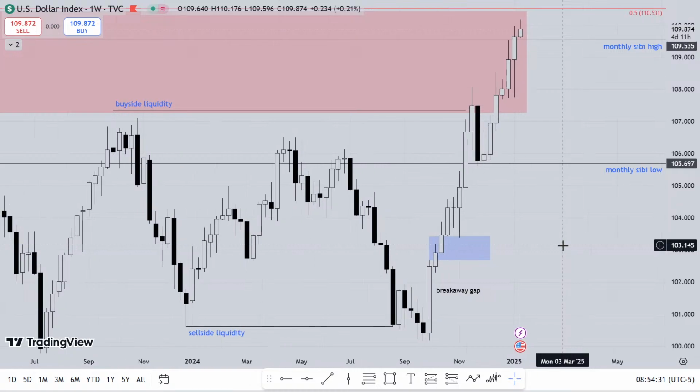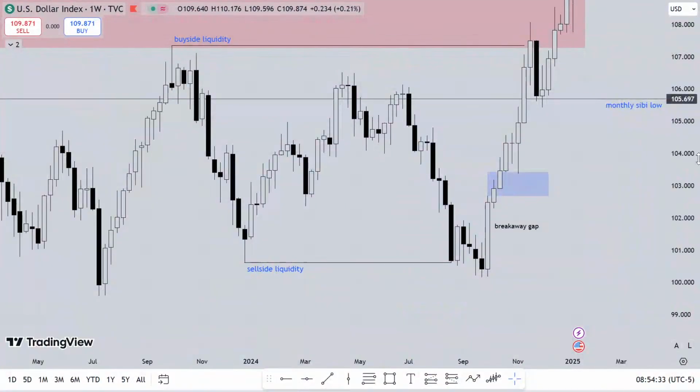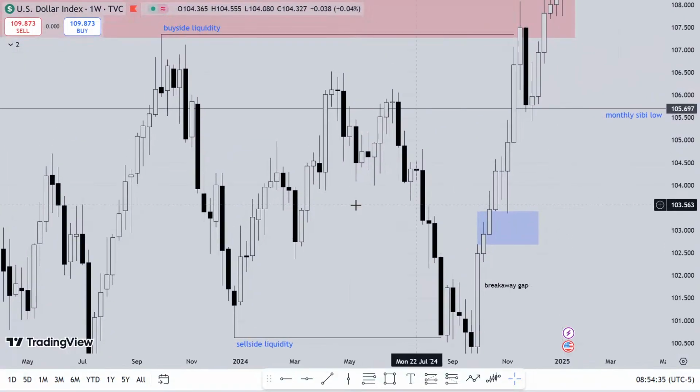What do I mean by that? When you have this imbalance being created and you're expecting a short term retracement inside of the imbalance or whatever PDRA you have there,